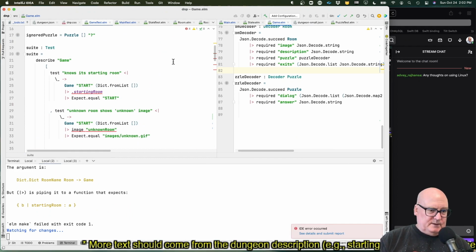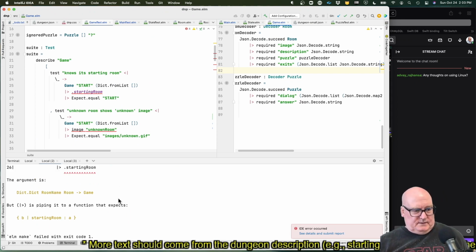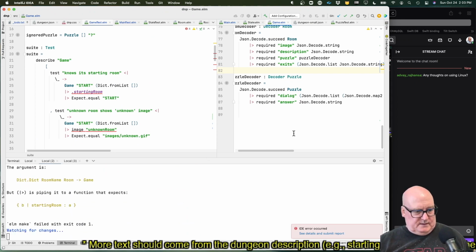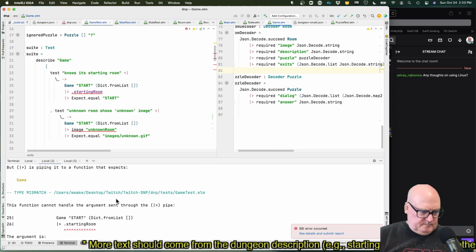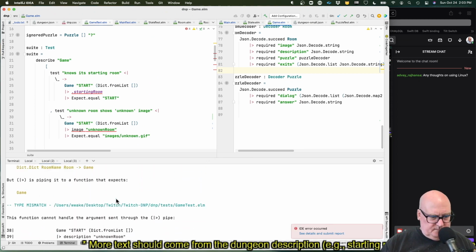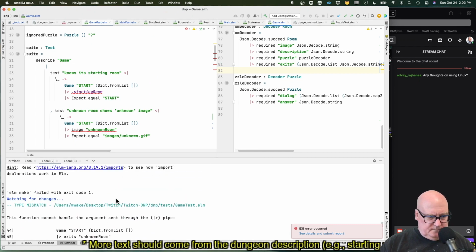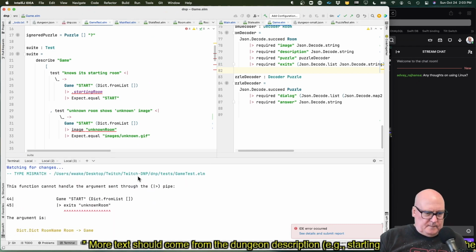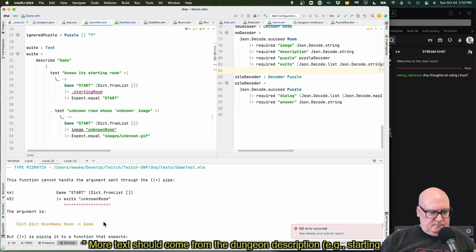Starting room. What's wrong with this? Okay, let's... Game test. Oh, that's not... Yeah, we got to update any declarations of this.